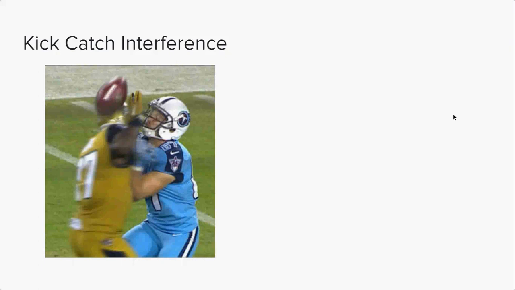Let's talk about kick-catch interference. Most kick-catch interference fouls are 15 yards from the spot of the foul. Important to remember that A is not permitted to enter into the area 1 yard in front of the returner between the returner's shoulders before the returner touches the ball. Also of note, on an onside kick, the receiver has the same kick-catch protection if the ball is kicked immediately into the ground and bounces only once before he touches it,